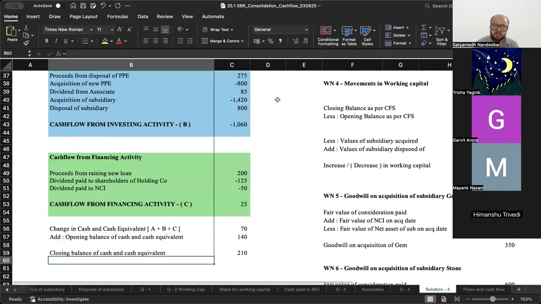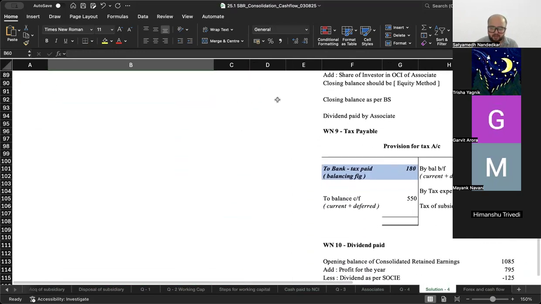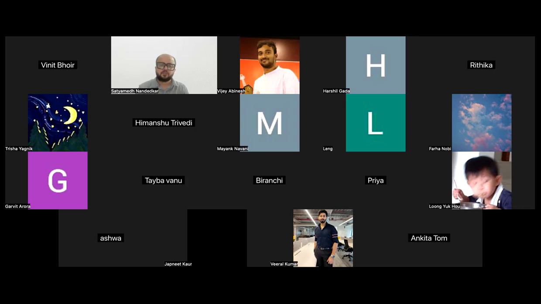It's a long solution. But if you have the time right now, I would recommend that you go through this solution once. I have shared the sheet with you in the revision group also. Make sure that you go through that. Make sure that you absorb that. Because once you know all the adjustments in that question, I don't think there is anything else outside that perimeter that they will ever ask you.